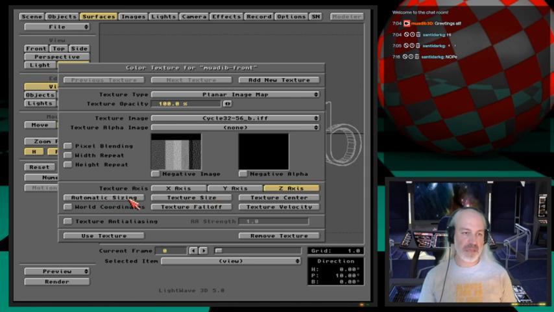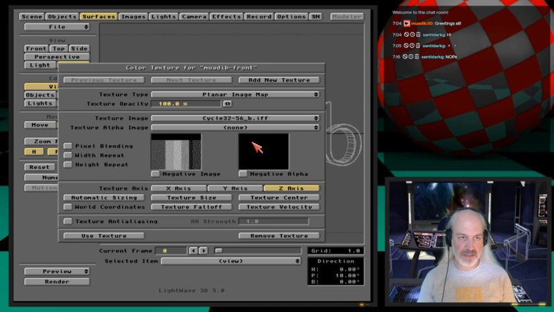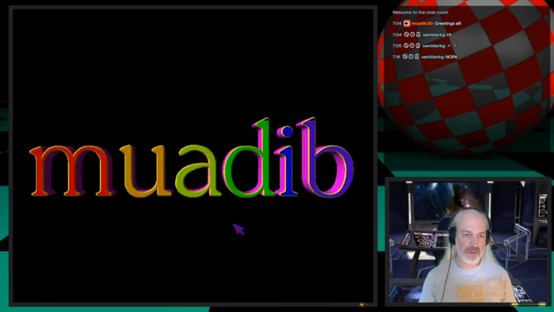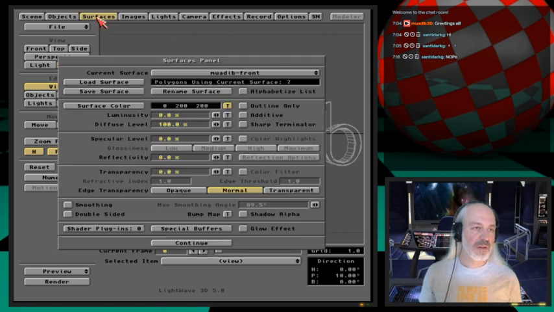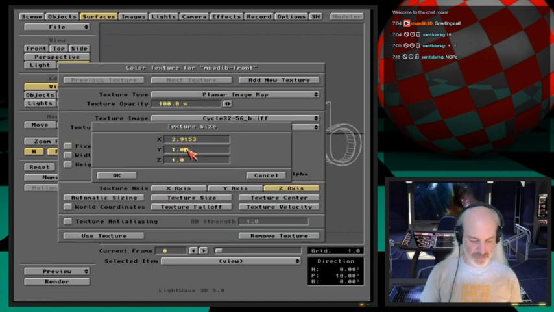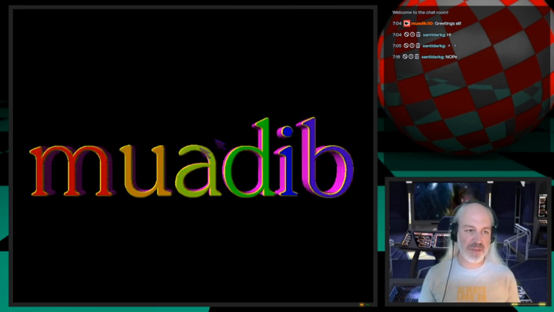So first of all, I press automatic sizing, and then I'm sizing the X to 1. We'll see what happens. Yeah, see, there's a bit of black here. I can size it up a bit more. .3, say, and now it's great. Okay,